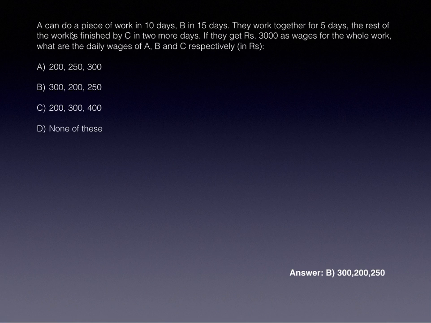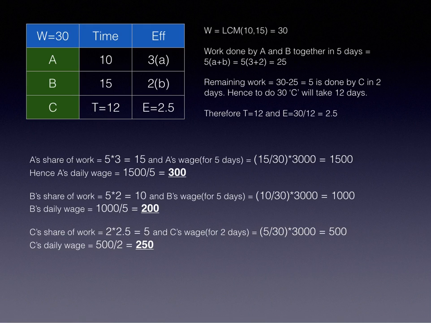Okay, let me read the question again. A can do a piece of work in 10 days, B in 15 days. They work together for 5 days. The rest of the work is finished by C in 2 more days. If they get 3,000 as wages for the whole work, what are the daily wages of A, B, and C respectively? Okay,